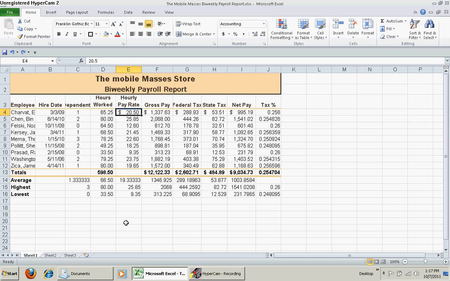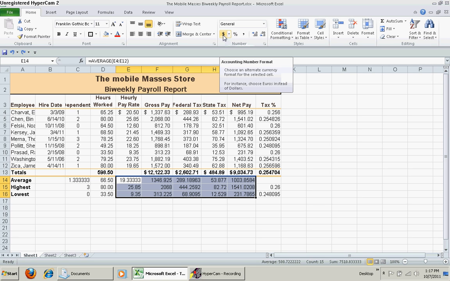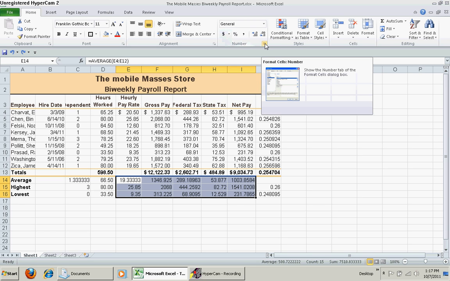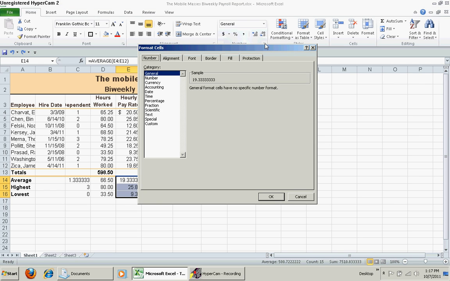Now I would like to have the numbers in here starting at 19 and ending at 231 to show the dollar sign, but I want the dollar sign attached to the number. So I'm going to select from here, I'm going to hold the shift key down, and I'm going to point and click at 231.785. So in order to get the dollar sign to attach like that, I cannot do it by using this format. I need to go to numbers, so I'm going to click the number launcher, and now